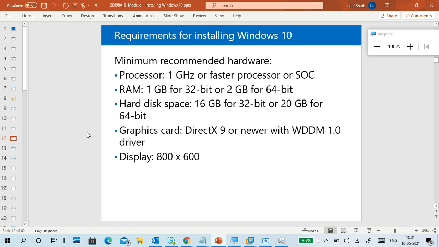So processor: 1 gigahertz or a faster processor or a SoC, system on chip type. What is system on chip? Like IoT kind of stuff. Raspberry Pi comes under SoC. RAM: 1 GB for 32 bit, 2 GB for 64 bit. Hard disk space.